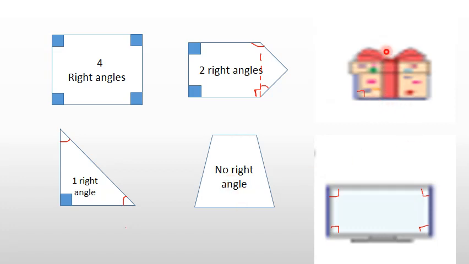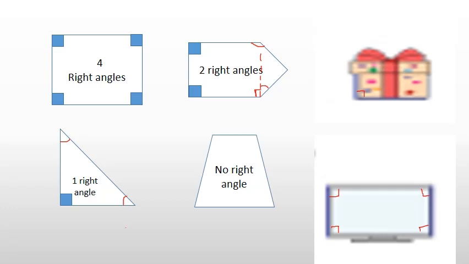You can see this is a gift box. Okay, so this is basically an example of a real life object, which we can see around us. For example, I have a gift box, so you can see this line and this line, this and this, both lines are perpendicular to each other. So obviously because this is a straight horizontal and this is a straight vertical line, so I'll show you how you form a right angle. How would you form the right angle? Okay, in the form of a box. Again, there is a right angle here, there is a right angle here, and there is a right angle here.